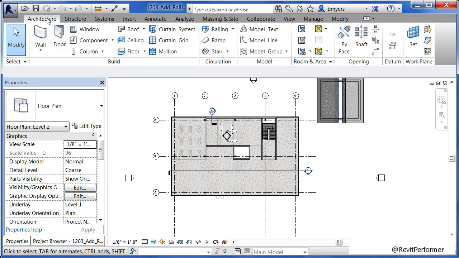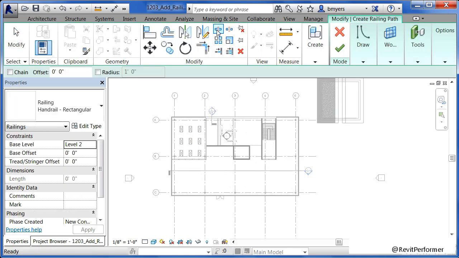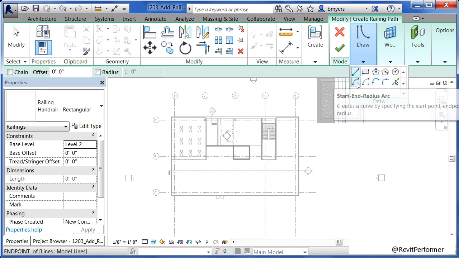Underneath the Architecture tab, we're going to select on Railing. You'll see under Properties that this is a handrail rectangular. And when we start to draw where we want the handrail to go, whatever the length of that line is that we get ready to draw, this handrail will be that exact length, and it'll be whatever that shape is as well. In this instance, let's draw a handrail out here on the outside of the building. Make sure with your drawing tools that it's a straight line. You can also draw a rail that happens to be curved, that's circular. They can be pretty much any shape that you want it to be. But for this example, we're just going to do a straight line.